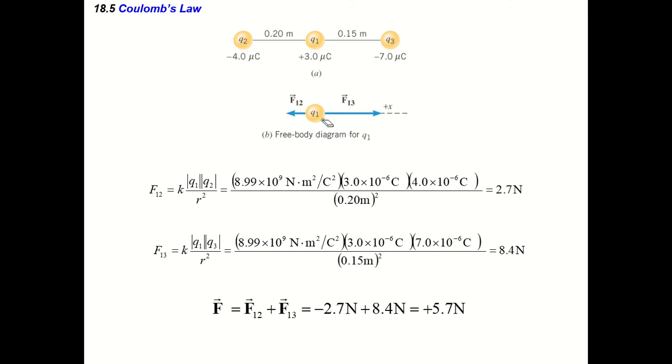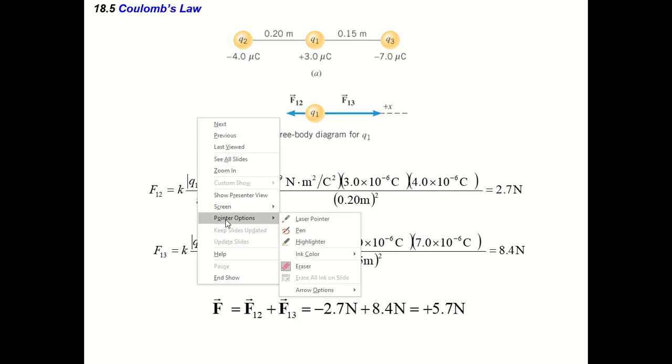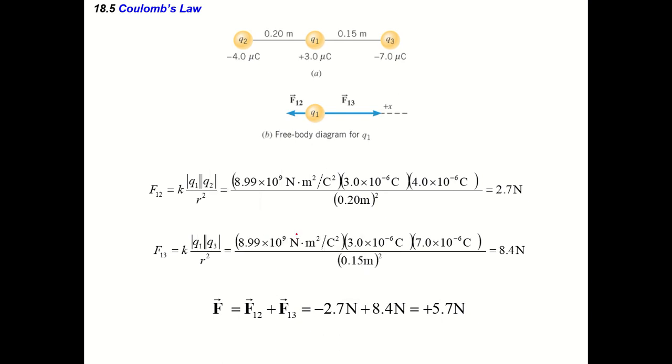And take note that our F sub 12 is going in the left direction. So this time, class, we have to consider the sign. Since it's going to the left, we have the negative sign, plus 8.4. This is going to the right, so that's why we have positive 8.4. So combining the two, we have the resultant force equal to